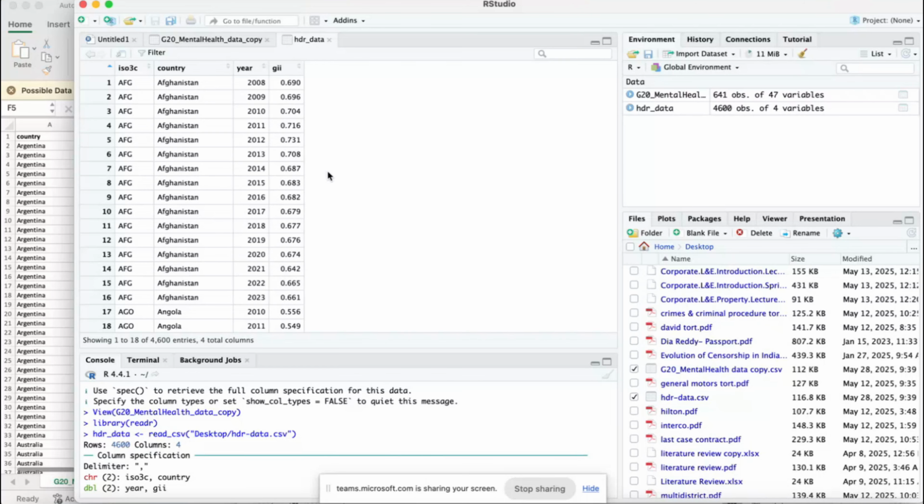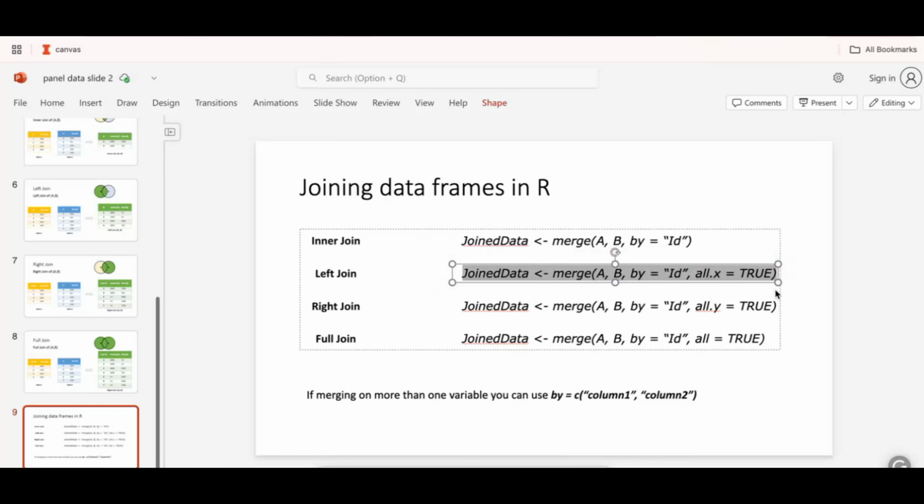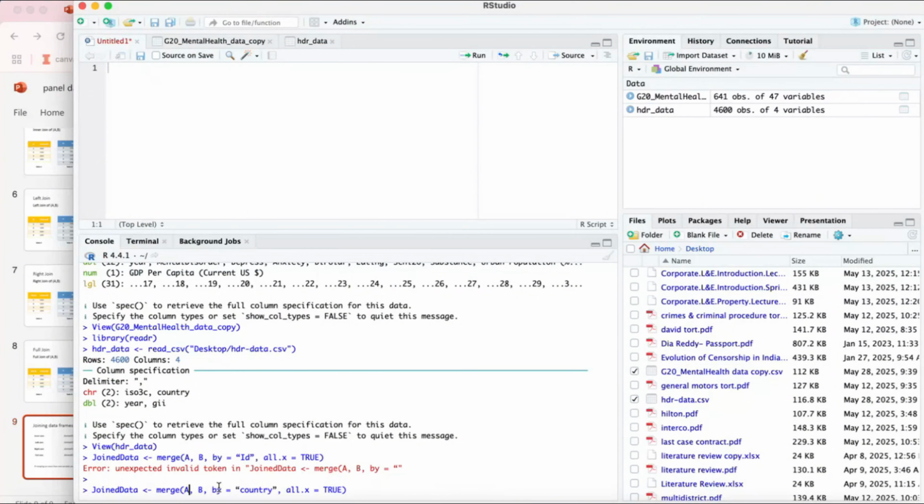So if you toggle back to the PPT, join it based on country and year. Your joined data is basically a new data frame, and the data frames that you have are your A and B here. In this case, you have your G20 mental health data. So instead of A, you just type G20 and it will show you your data.